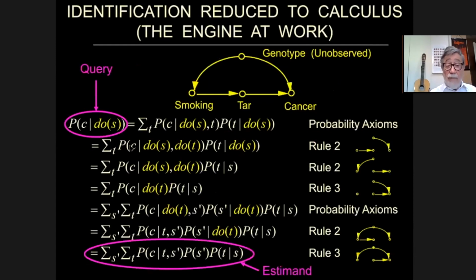Here is my query. Find the probability of cancer, given that you do smoke. And I apply the rules of the do calculus one by one. I'll tell you the rules later. And slowly, I can convert the expression into something that answers my desired format. You get a probability distribution consisting of no do operator, only conditional probabilities, and this is the answer to my query. Yes, I can do it. And what are these rules? These are names of rules of the do calculus that I'll show you later, which give you a license. If the graph satisfies these conditions, you are allowed to make this transformation,